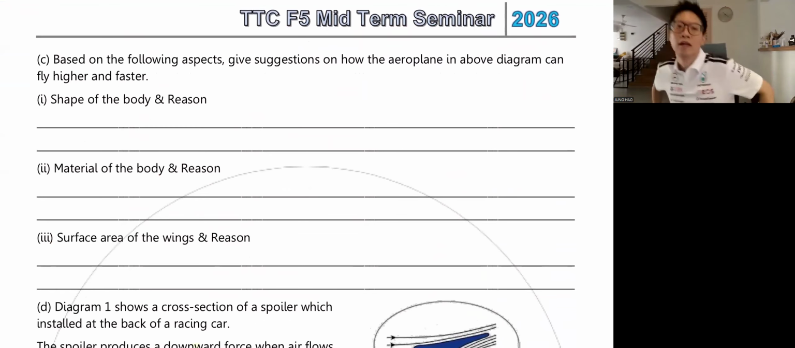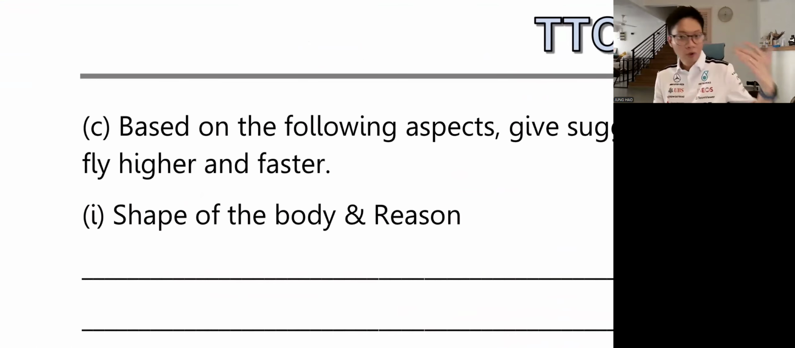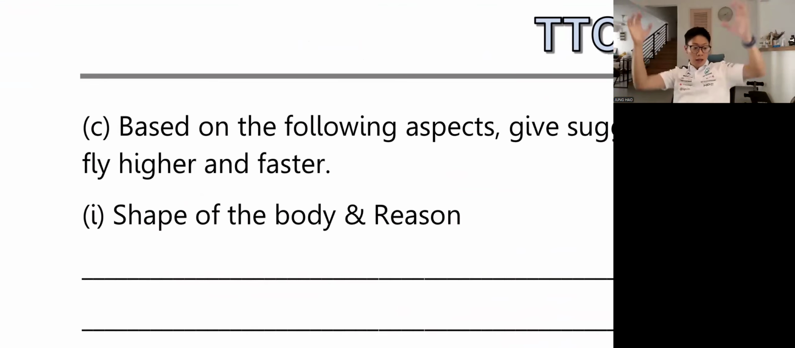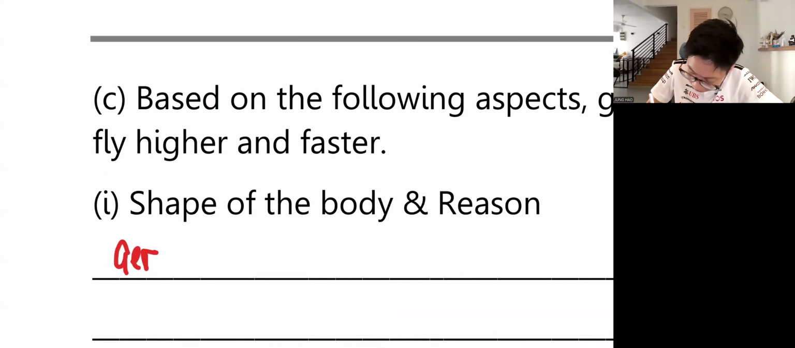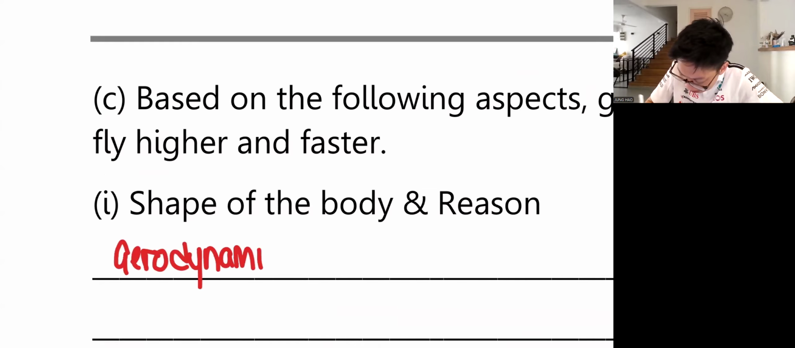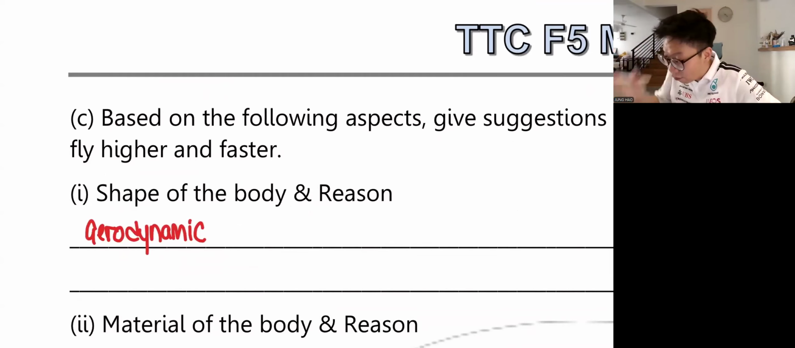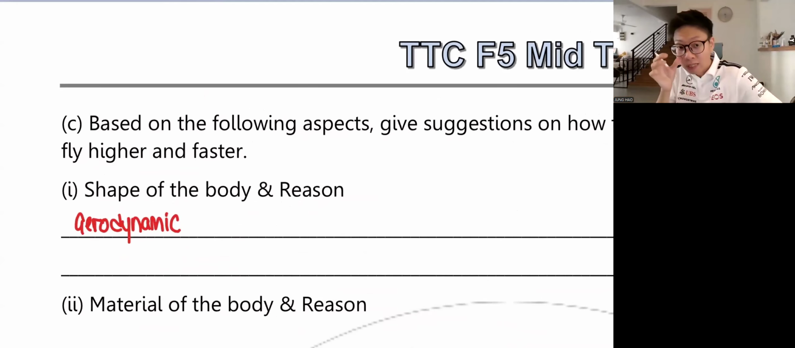Okay. Based on the following specs, give suggestions on how the airplane in the above diagram can fly higher and faster. Okay. Now, guys, for the shape of the body, what is the shape of the body? We want the wing to be aerofoil to produce the lift force. But the body of it, from the head to the body, we will say aerodynamic. Okay, guys, you need to understand that aerodynamic and aerofoil are two different things. So this is aerodynamic,